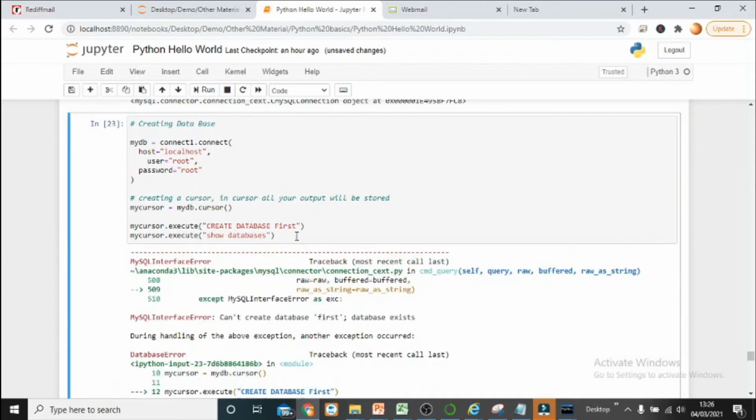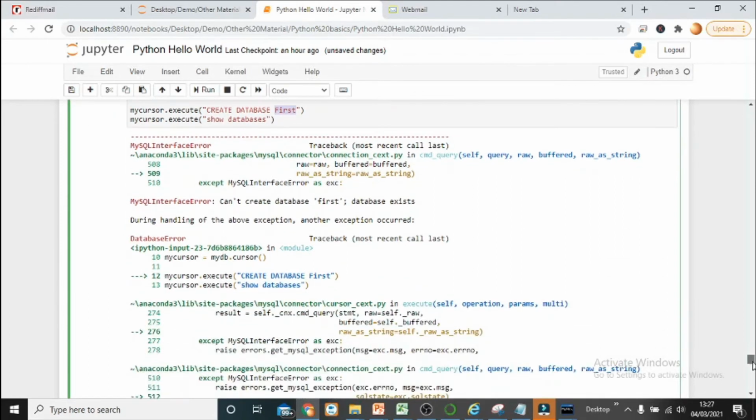So there is a problem. What is the problem? Because we have already created this, when I am running this cell again, it will try to create it again. The first database already exists and you are trying to execute it again. So of course it is going to give you an error that it already exists, right?